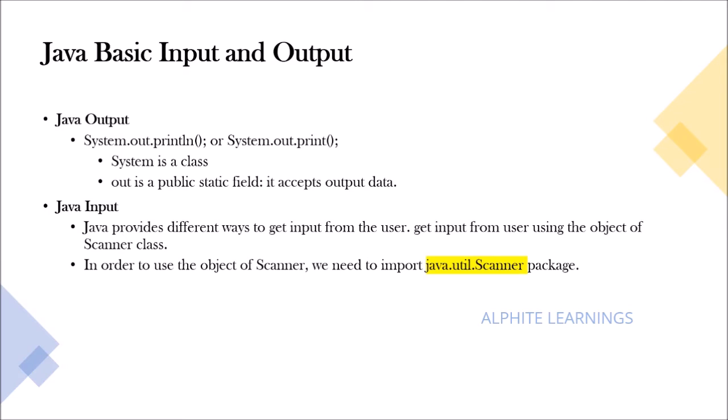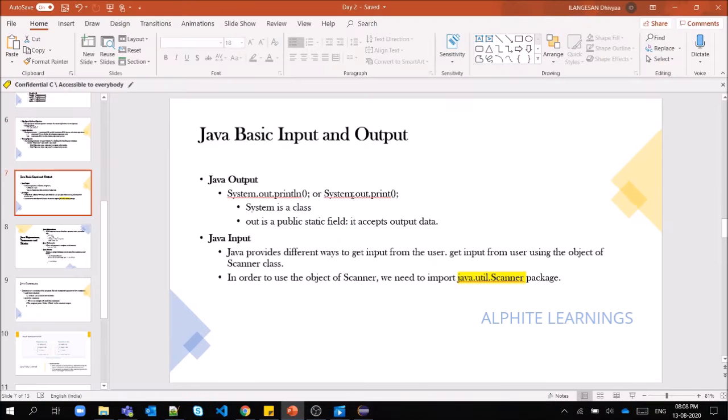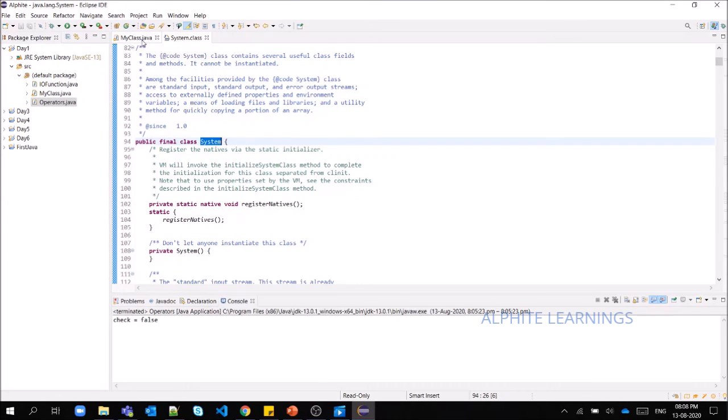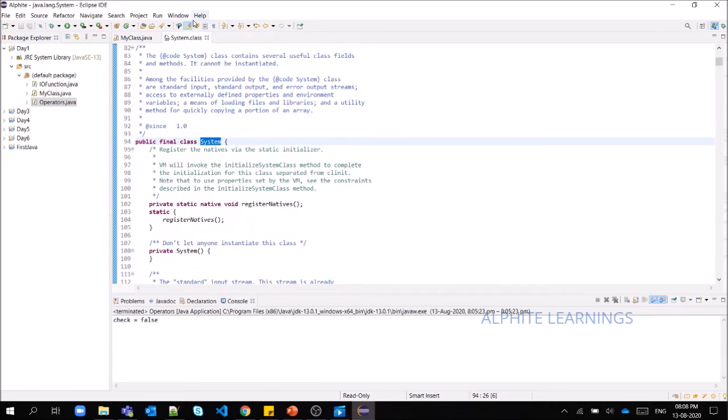To explain better, I'll just show you here. When I press Control and take the mouse near this System, if you have opened your Eclipse, when you click on it, it opens the System class.